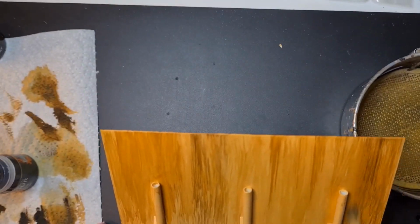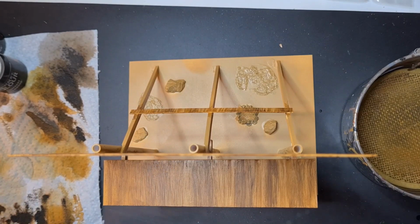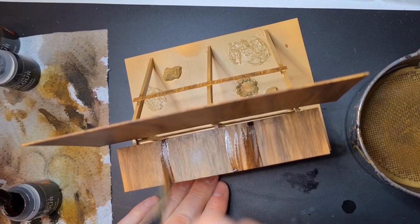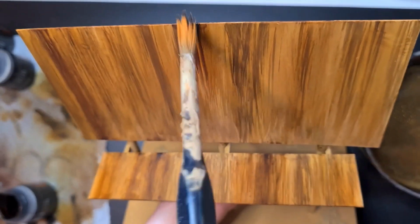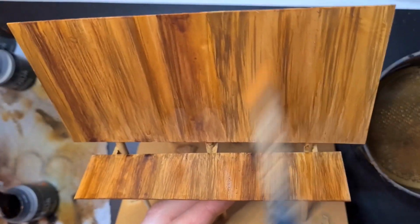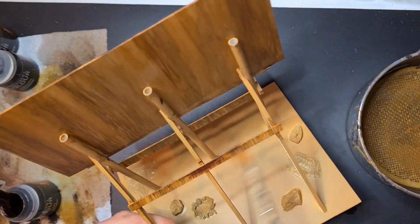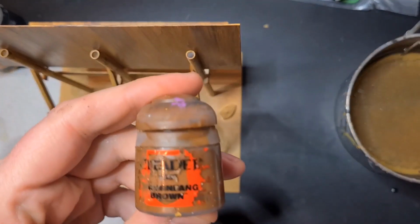The next darker contrast paint, Sugar Brown. Same brush, same thing. Don't forget to work with some water, otherwise what you're doing would be too dark here. Don't leave any of those wooden areas, and just paint some areas each, so we get some even more interesting looking structures here. When we're done with all the contrast paints, we go for a regular paint, a brown, Mournfang